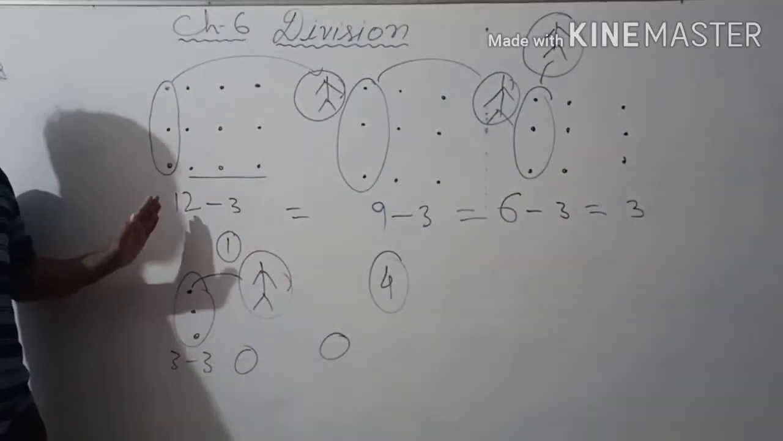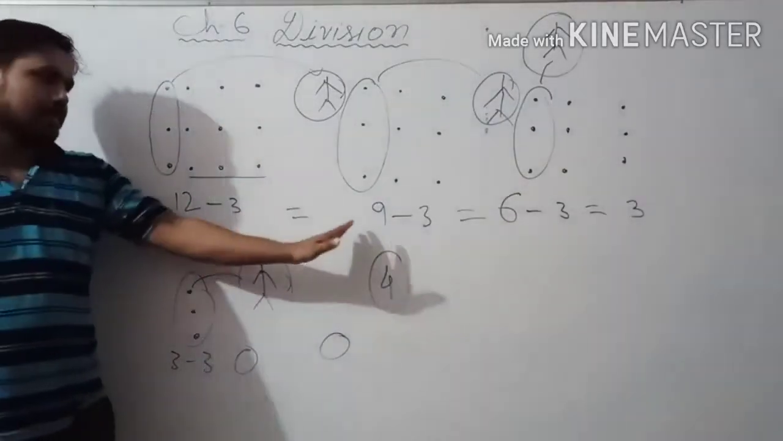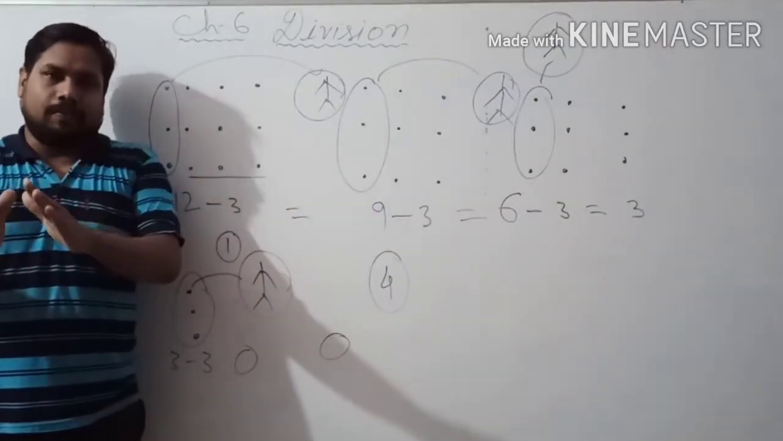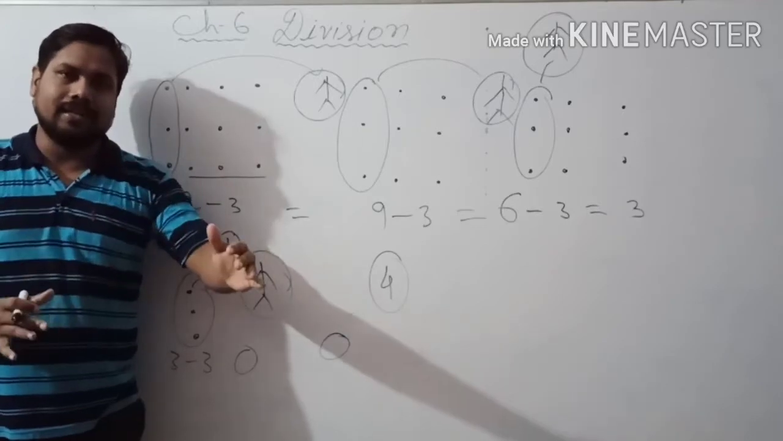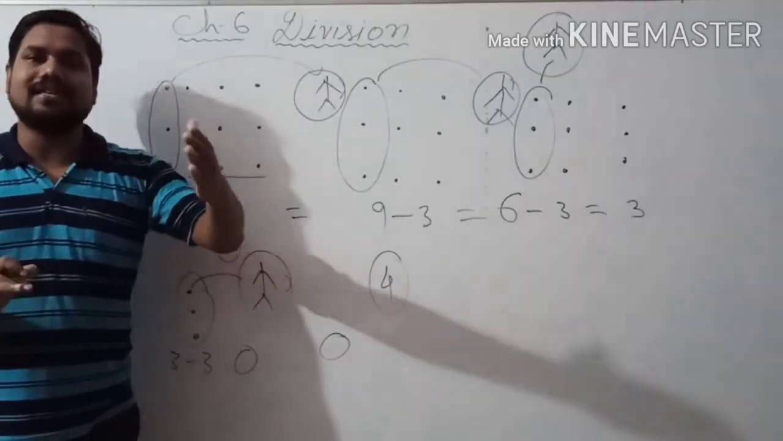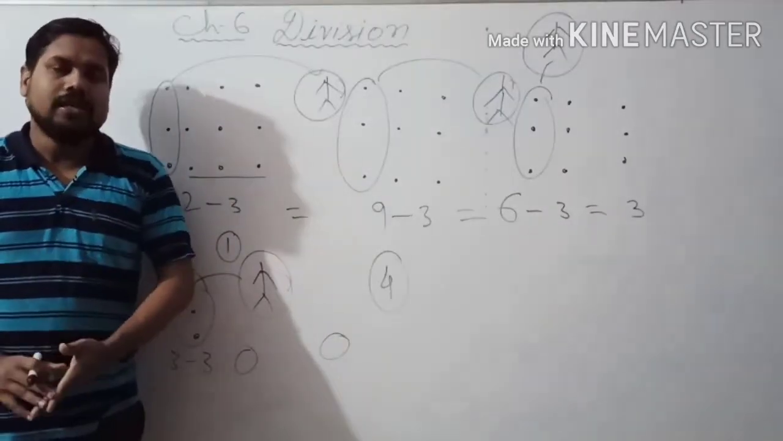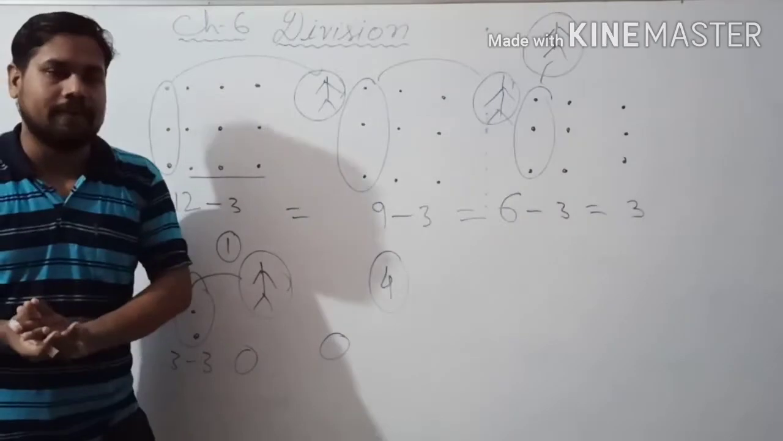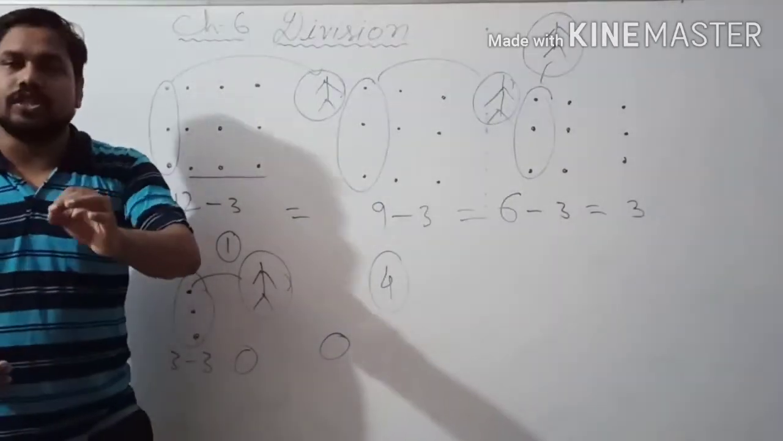So that means this is called repeated subtraction. Okay. Just as multiplication is repeated addition, just opposite of that, division is repeated subtraction. Until and unless you have to subtract with that particular number, until you get 0 as